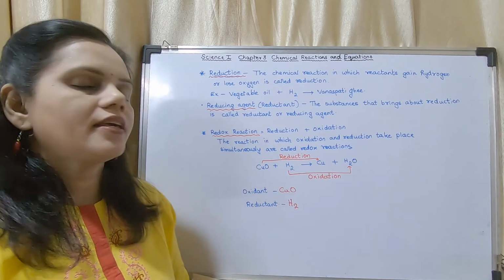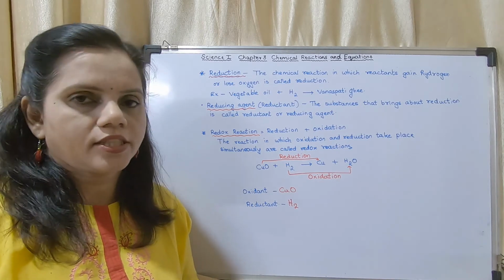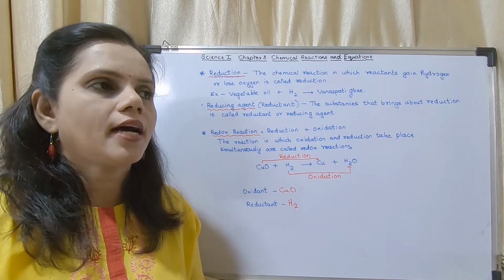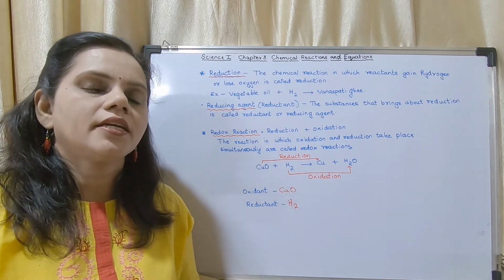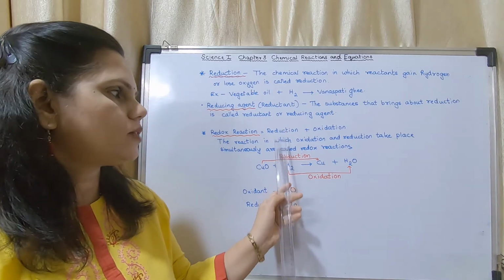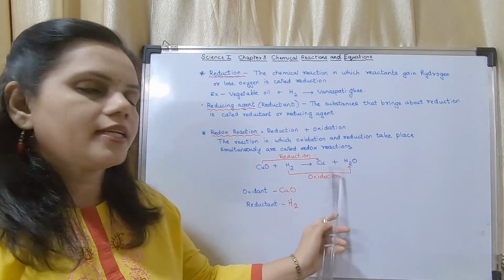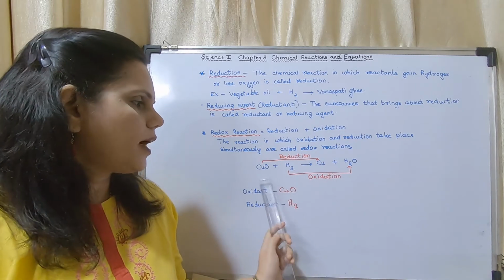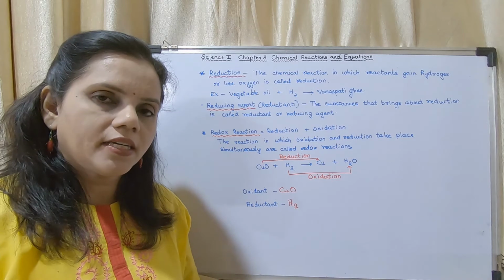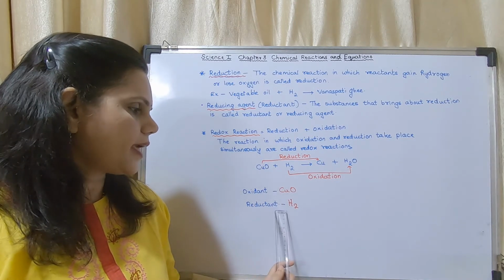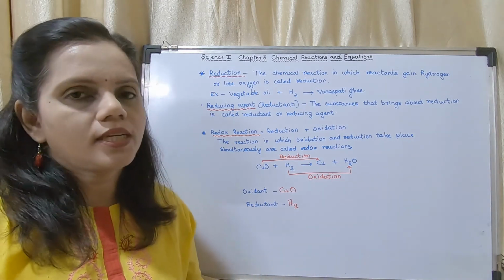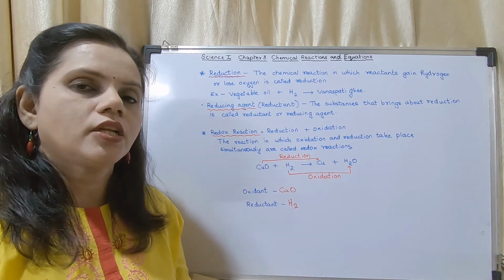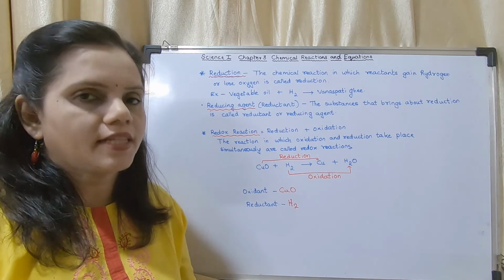Okay, if you are having a question on explain redox reaction, it is a very frequently asked question, even a board question. In the board they ask, it is a 3-mark question: explain redox reaction with example. You have to write the definition, you have to write the example, show which one is reduction, which one is oxidation. You have to write why it is reduction and why it is oxidation, and you have to write which one is oxidant and which one is reductant. So this much you will have to write.